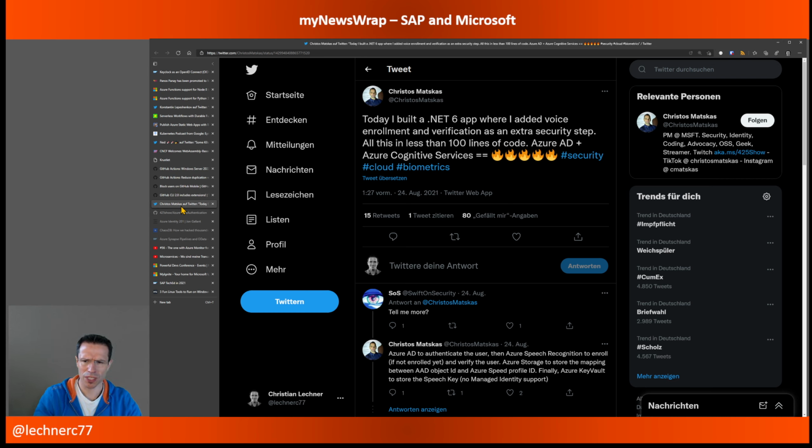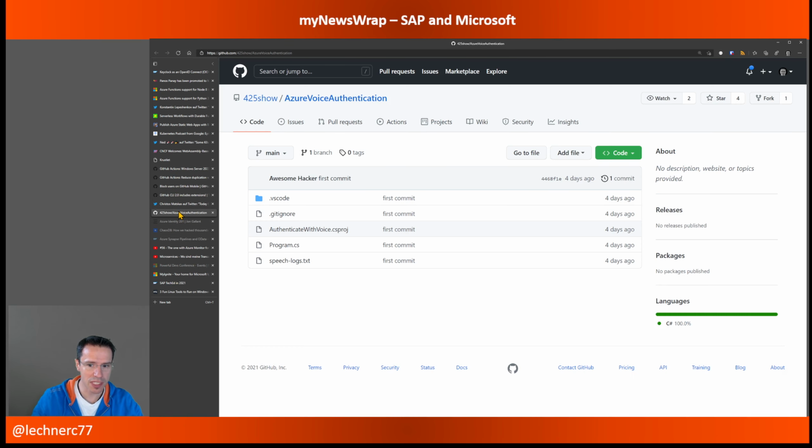So that's really cool from my perspective. That's really interesting, and gives authentication, or securing your app, quite a new flavor. And there is not only the tweet, but there is also the GitHub repo that I've referenced. It's just the code, so don't expect a README file or something like that. But it gives you an idea how easy it is with .NET 6 to do that.